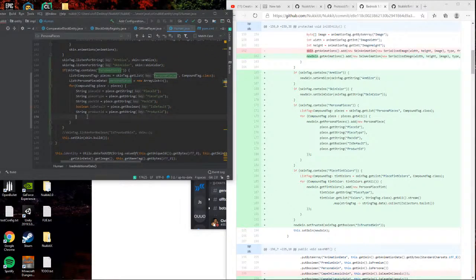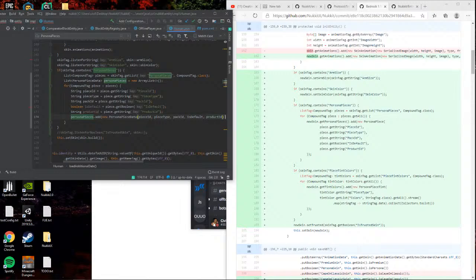So persona pieces dot add new persona piece data, so piece ID, piece type, pack ID, is default, and then product ID.